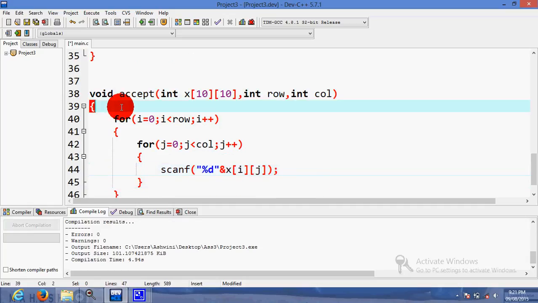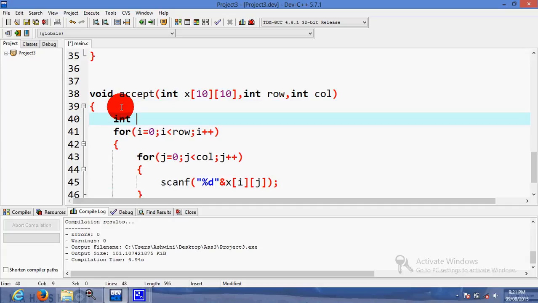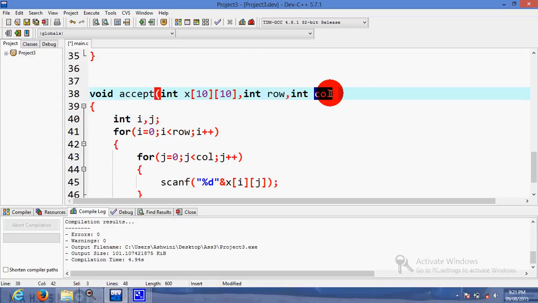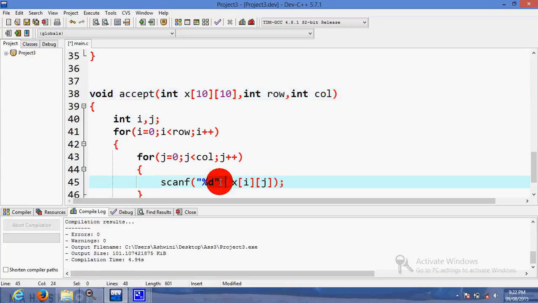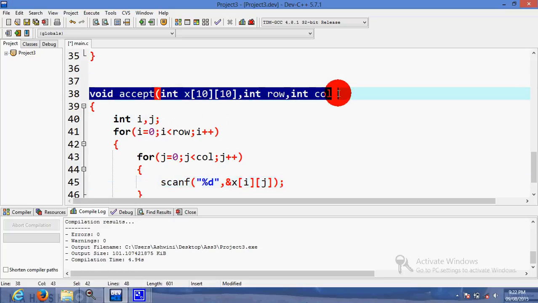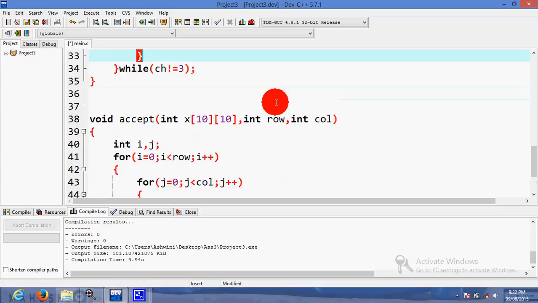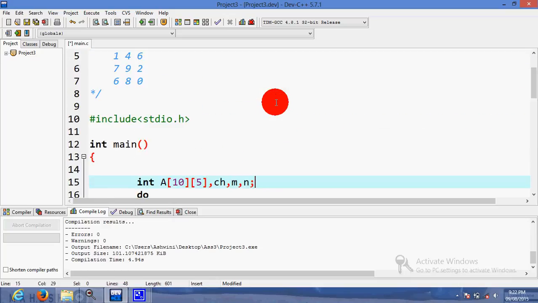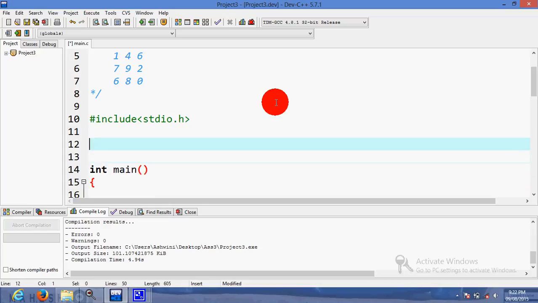So this is the function we have written to accept the m row by n column matrix, and where we have to store all the elements in matrix X. Here we require comma. Okay, so this is the function. So first of all we will give the declaration of function. This is the actual definition of the function. So before main function we will give the declaration of function, which ends with the semicolon.